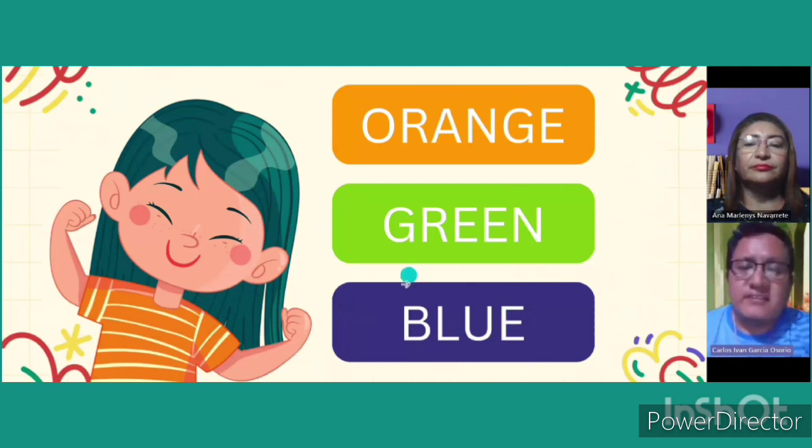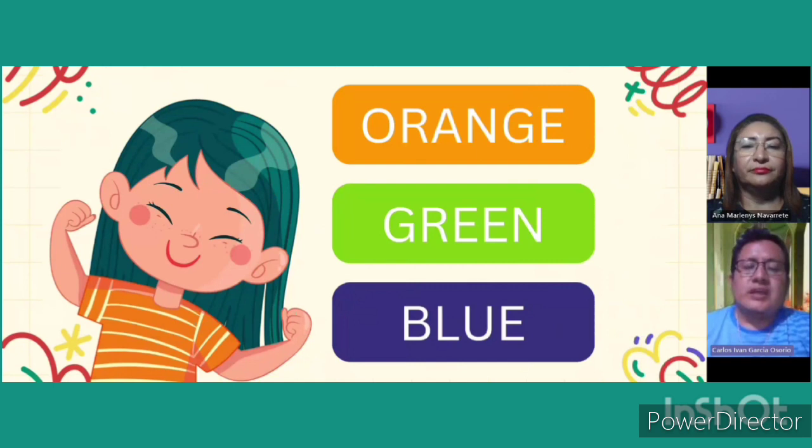Also, at the end of this activity with this slide, the teacher will ask a student, what is the color of her t-shirt? And the student will answer, her t-shirt is orange. And also here, the teacher will give students congratulation words. Also, in order to apply the total physical response method, the teacher can ask the student, touch your t-shirt, show your t-shirt through the webcam, or for example, in the next